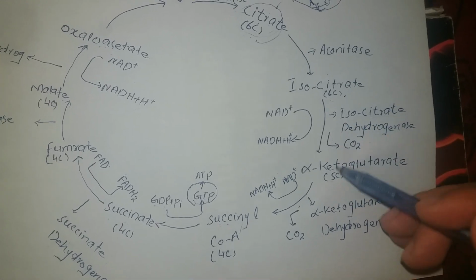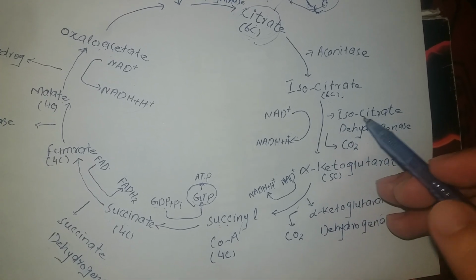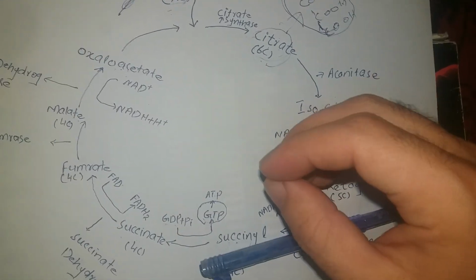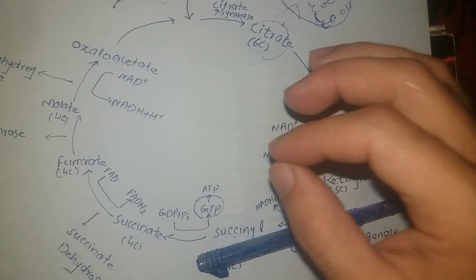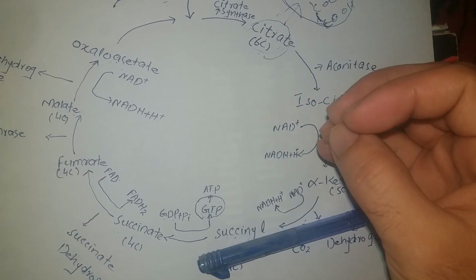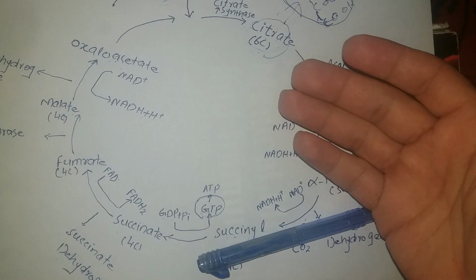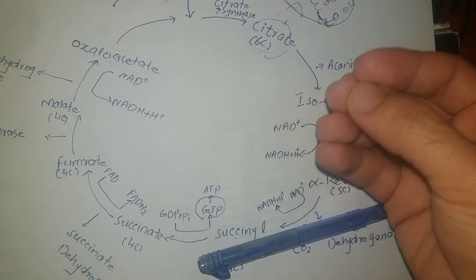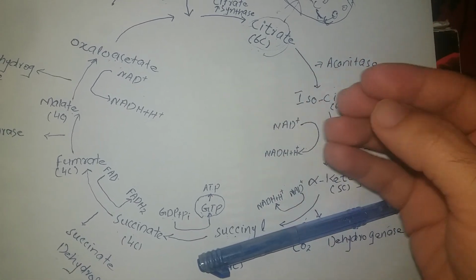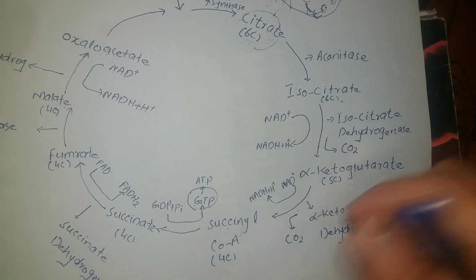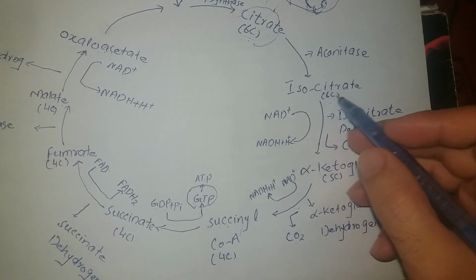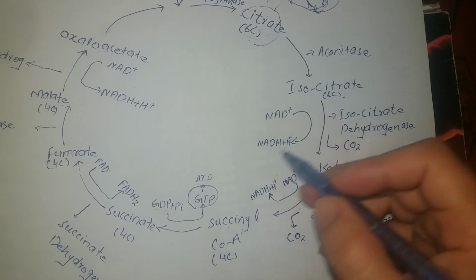In the third step, isocitrate is converted into alpha-ketoglutarate by the isocitrate dehydrogenase enzyme. So guys, remember, in Krebs cycle, in all those steps in which any dehydrogenase enzyme is involved, there will always be formation of NADH or FADH2, because as the name indicates, dehydrogenase means this enzyme is removing hydrogen from the substrate and adding this hydrogen to NAD or FAD to form NADH or FADH2. So here a dehydrogenase enzyme is involved. That's why this enzyme will remove hydrogen from isocitrate and add it to NAD to form NADH.